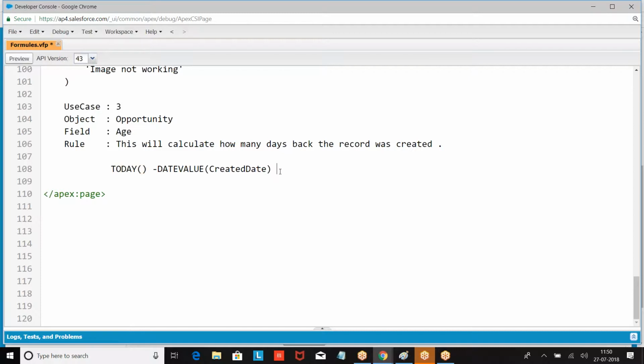Okay. Now let us assume this use case 4. Look at the condition. You are supposed to create a custom object called loan. This is not available. You are supposed to create these fields first. Field name, type of loan.